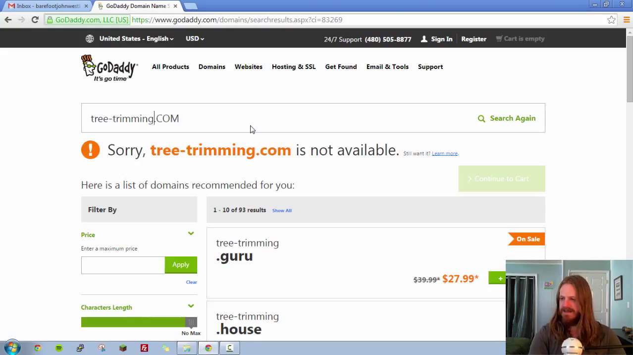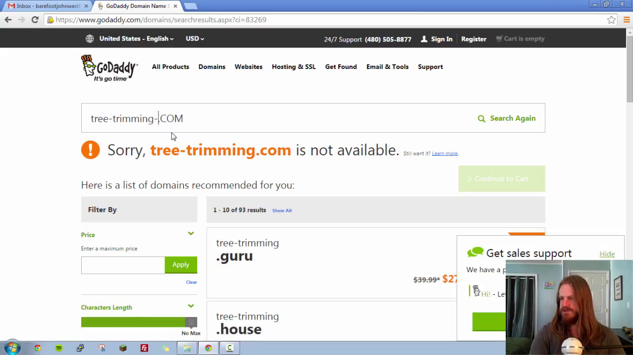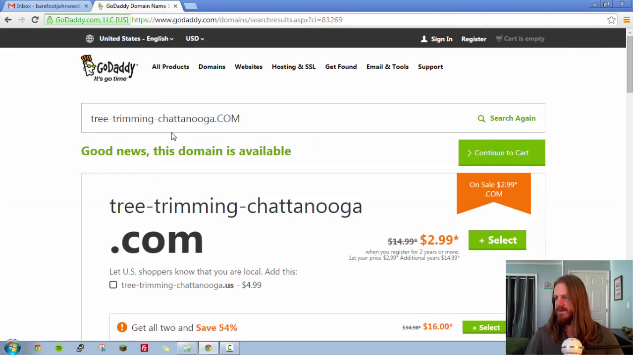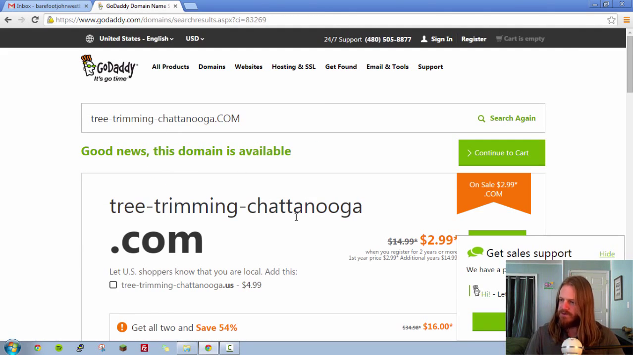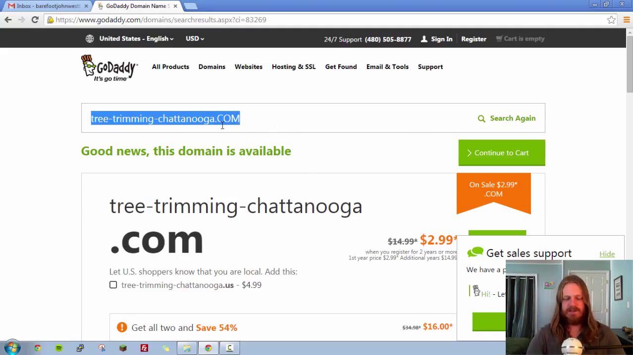Tree trimming, let's say, dash Chattanooga. You don't always have to use a city name. I'm just doing that for this example, obviously, and that's available. So you can keep trying different versions of the word that you're looking for, and you'll find something that's available eventually. So let's go back to repurpose